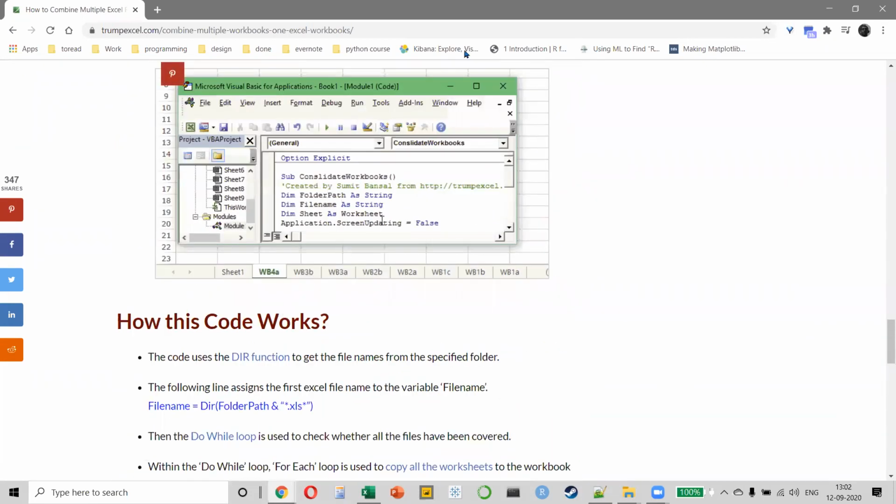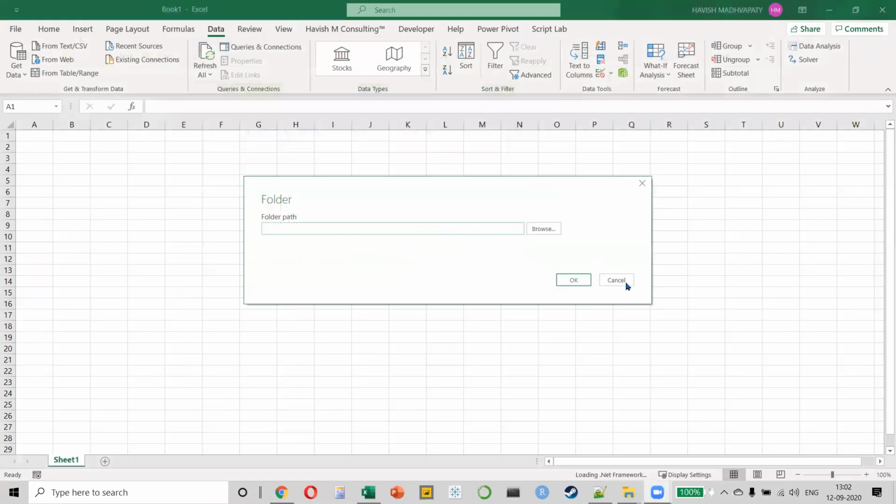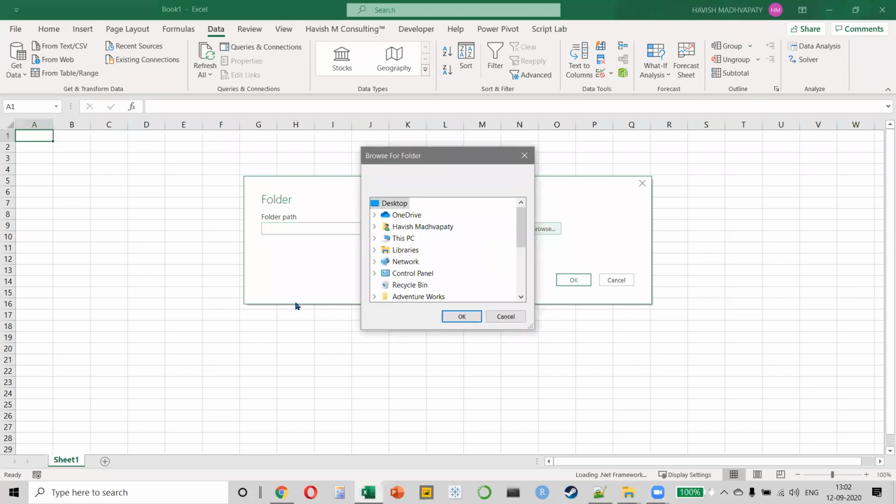And also remember, the problem with VBA is that VBA is not very efficient. So if you're trying to combine 200 files, VBA will crash because VBA can't handle such large data sets. But Power Query does not have that problem. Power Query can handle data sets with 50 million records, 100 million records as well. Right? Okay, so I'll just do it once again.